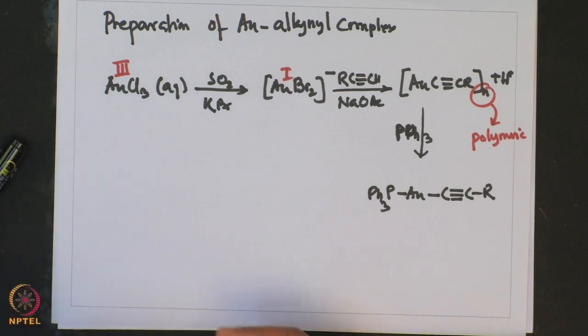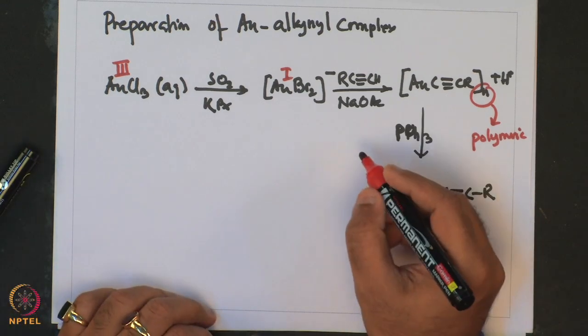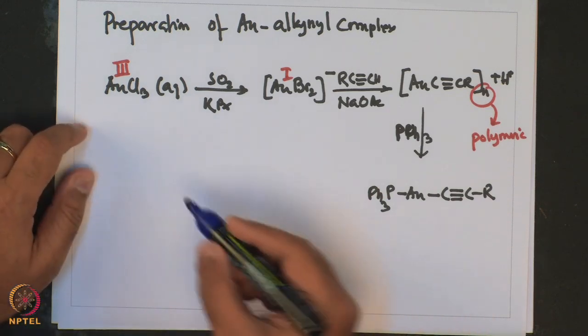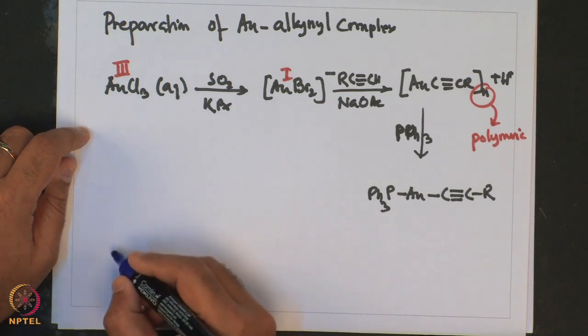The structure of the polymeric gold acetylide is shown over here for a particular example,